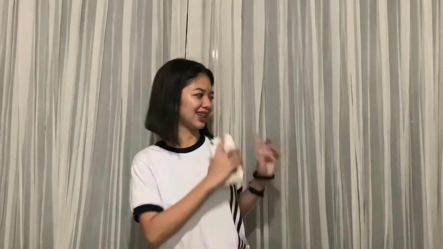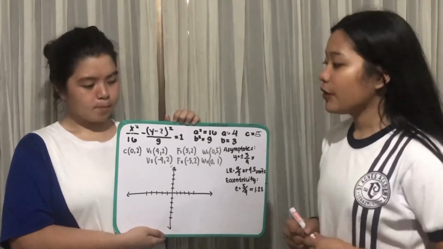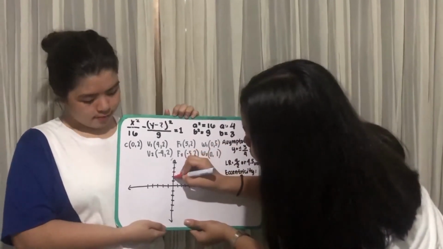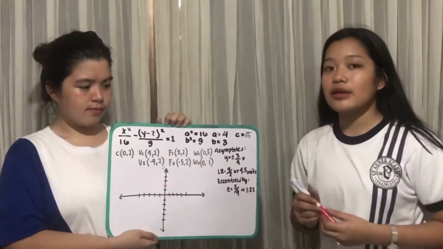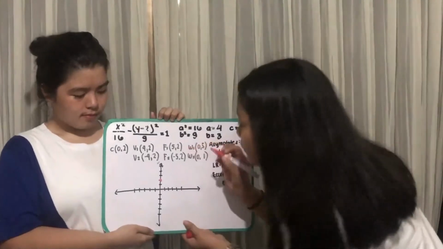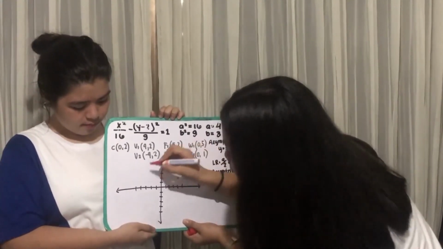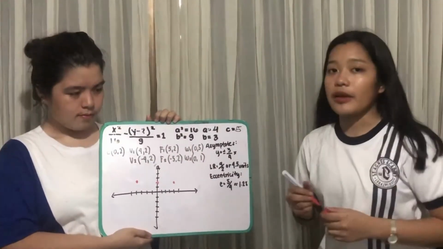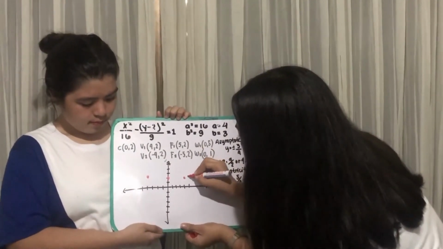Next up is Julia and Ala to graph the equation. And now, we're going to graph the hyperbola. First, we're going to plot the center, which is 0, 2. Then, the two vertices, which are at 4, 2, and negative 4, 2. And then the two foci, which are at 5, 2,